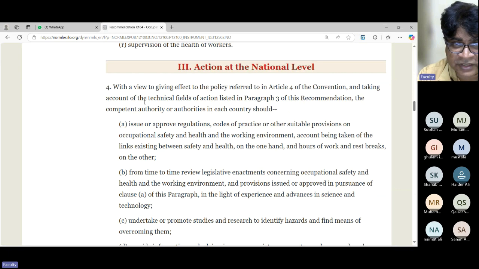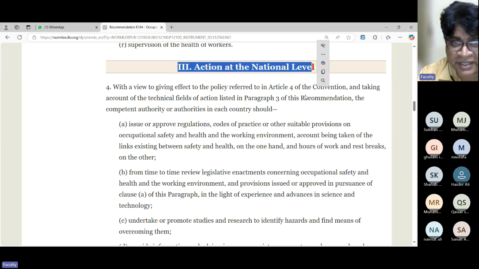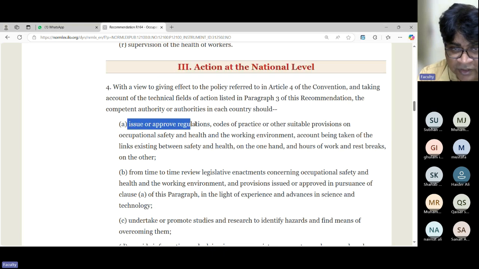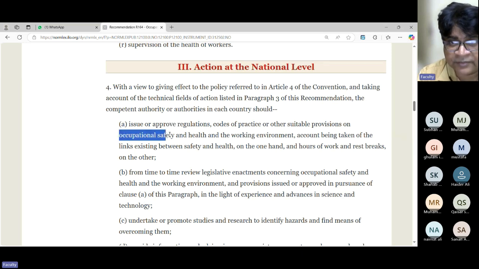So now, if you see the action at a national level, it is for the governments. At a national level means this has to be taken by the nation or the country. By taking this R164, they have to provide a proper regulation, code of practice, and suitable provisions by that country. It releases a document to all companies so that they can provide suitable provisions regarding occupational